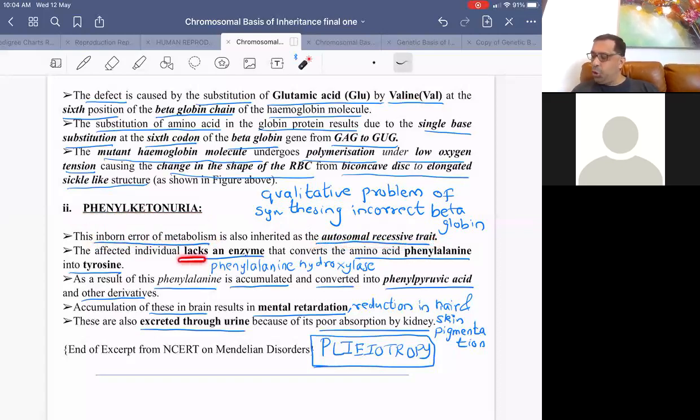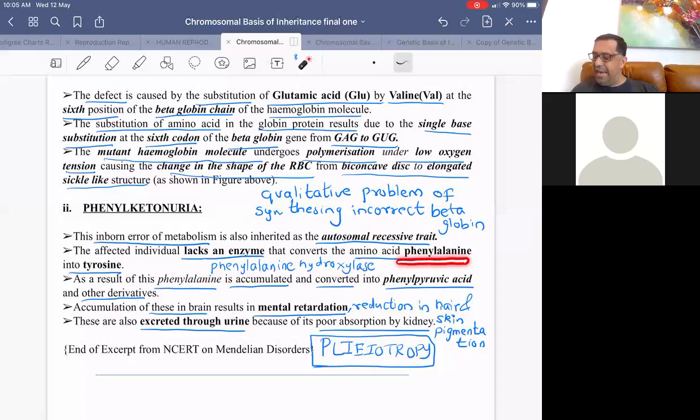The affected individual lacks an enzyme called phenylalanine hydroxylase. The gene for phenylalanine hydroxylase gets mutated,